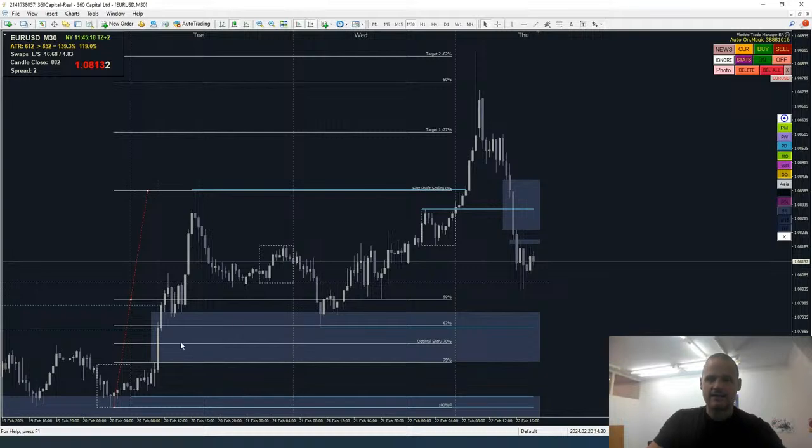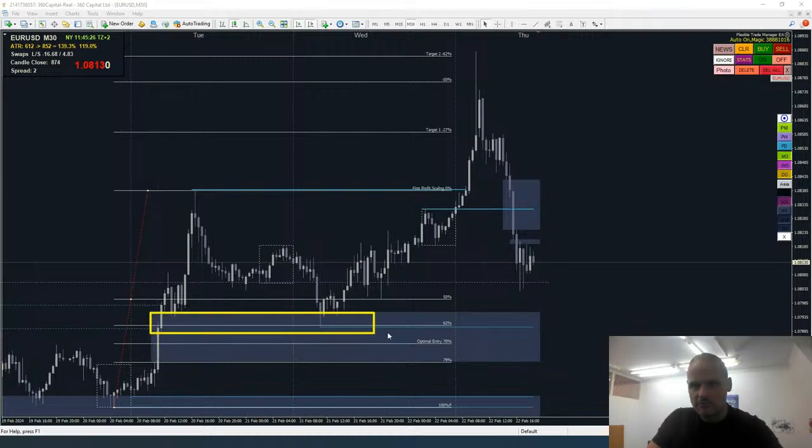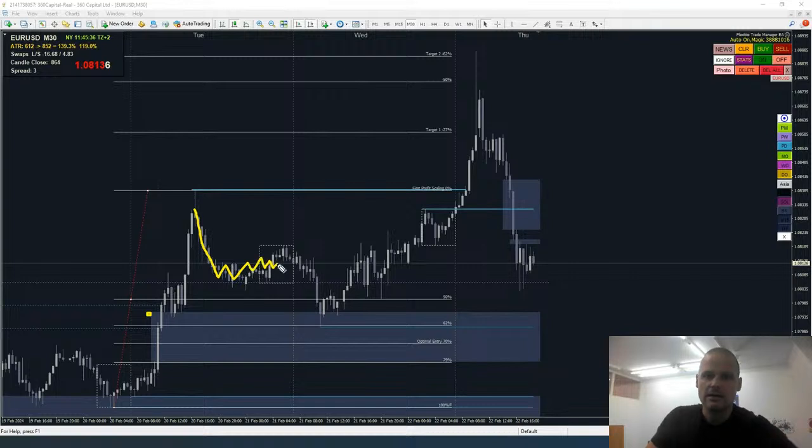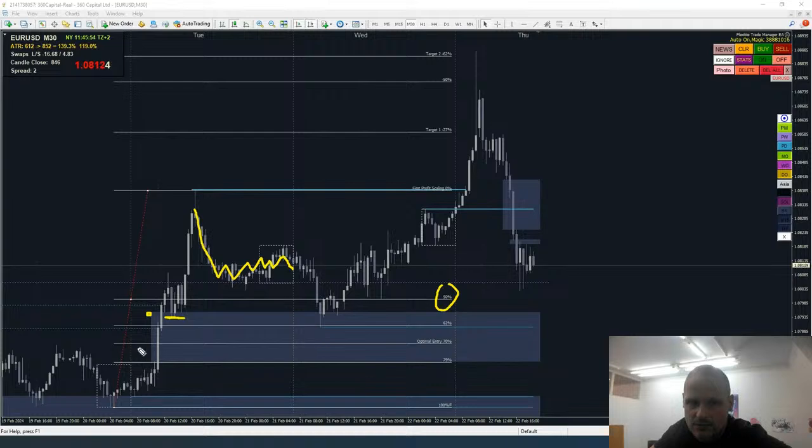And then we have this fair value gap in here. This one is a fair value gap from 1 hour, right? So that's why it's showing like that. And then what we can see is that the price started consolidating, then maybe moving a little bit higher, and then it drops where? Look at this. Here we have 50% in here, right? Drops where? Below. It drops below the first low, below a 50%, and it starts to react from this fair value gap, right.